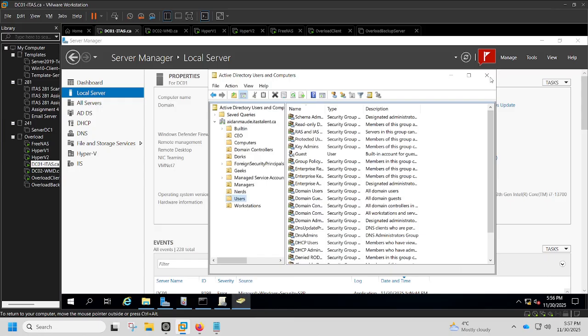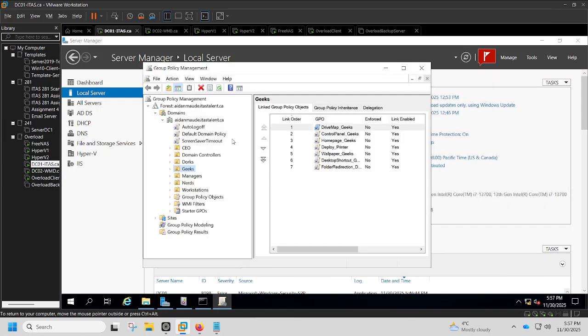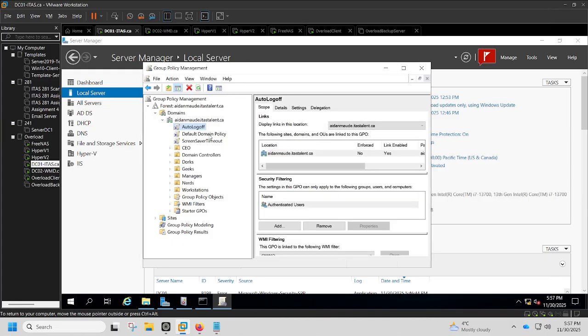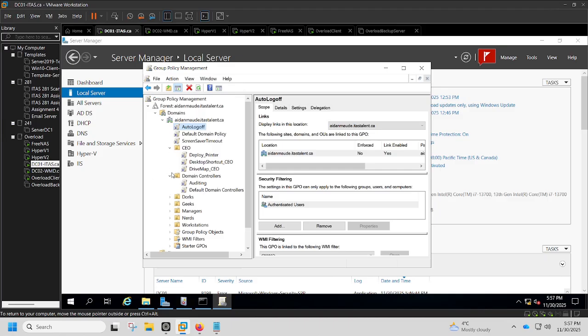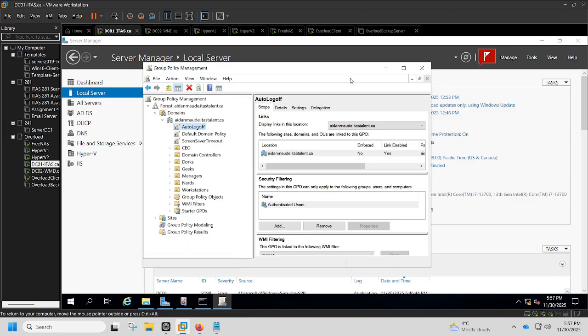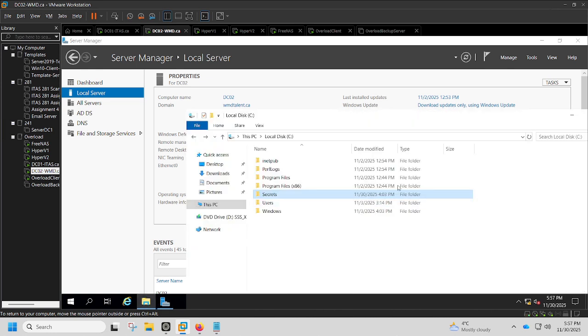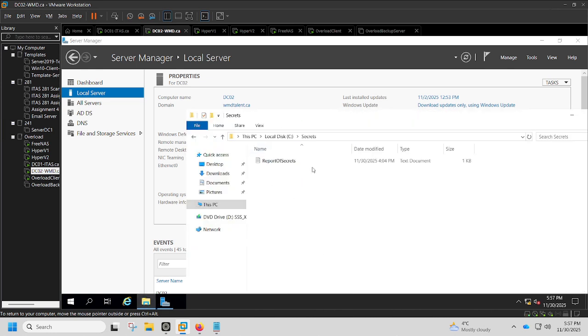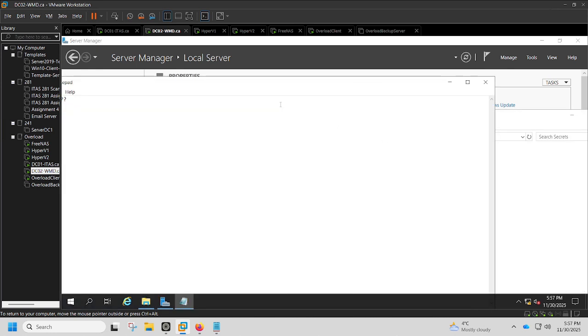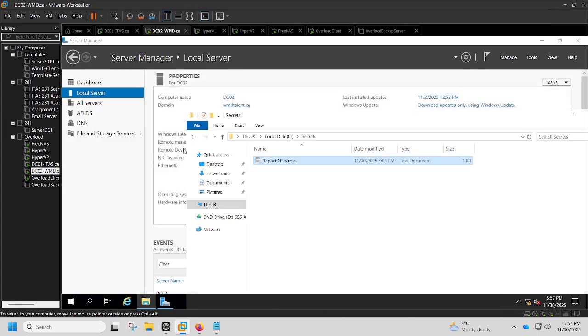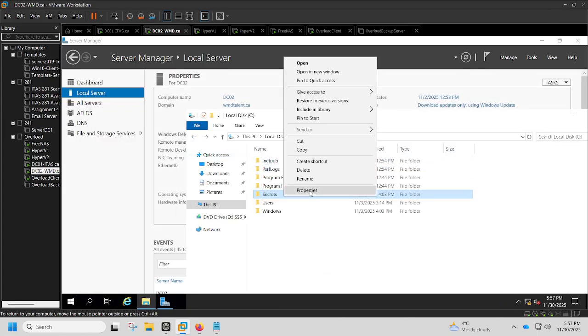Just close all this. So I've got a ton of GPOs made. This one's the auto log off, default domains, default, screensaver timeout. All these have had some minor things that I will go through soon. I've got my second domain controller here that is in a trust with the main domain controller. It has the secrets file here with its report of secrets that will be used later. That is in a share,